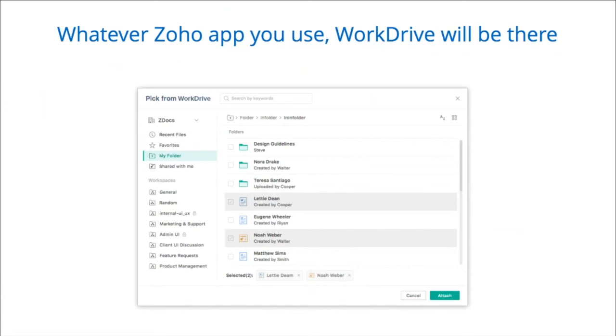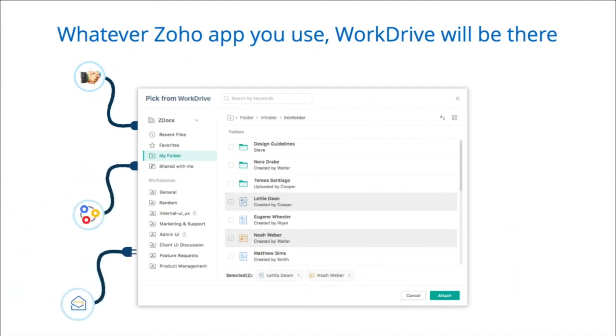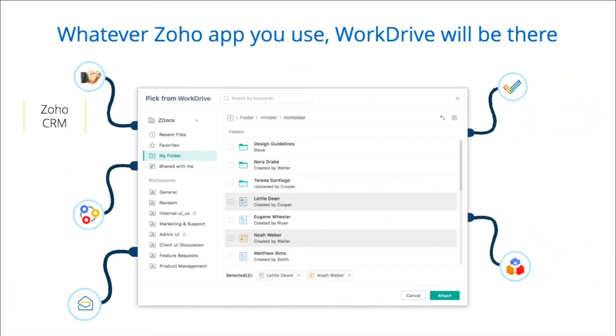Let me now tell you how WorkDrive fits into the Zoho ecosystem. Eventually we will be integrating WorkDrive with every Zoho application out there, and any file that you create within any application, be it CRM, Projects, People, Connect, Mail, anything, will be saved in WorkDrive. So WorkDrive becomes your central repository for your organization. All your files will be available within WorkDrive, be they saved from different applications.